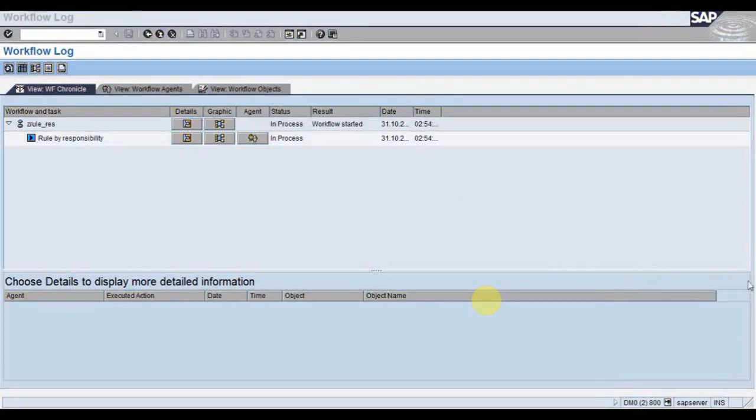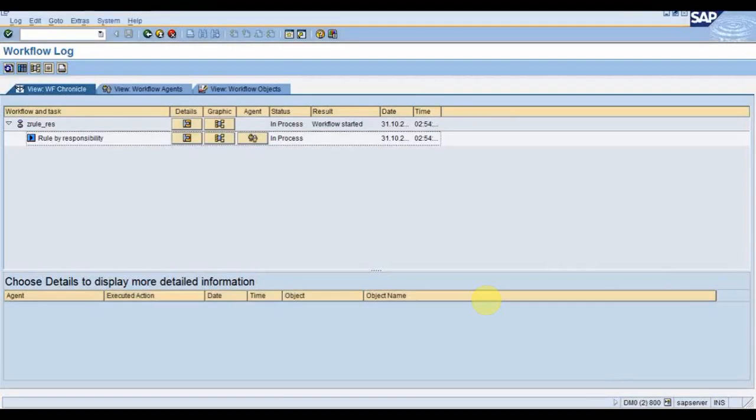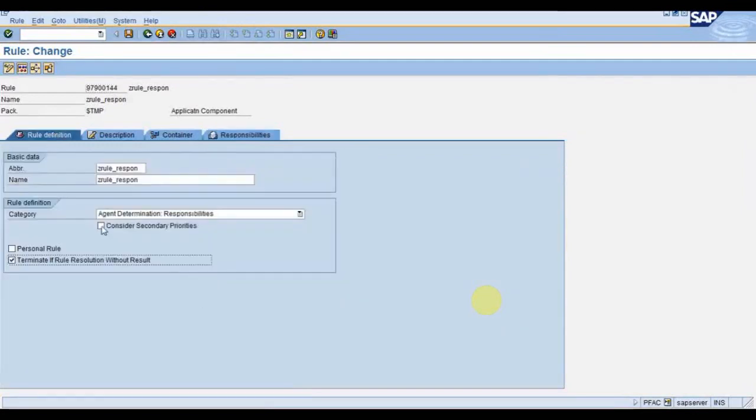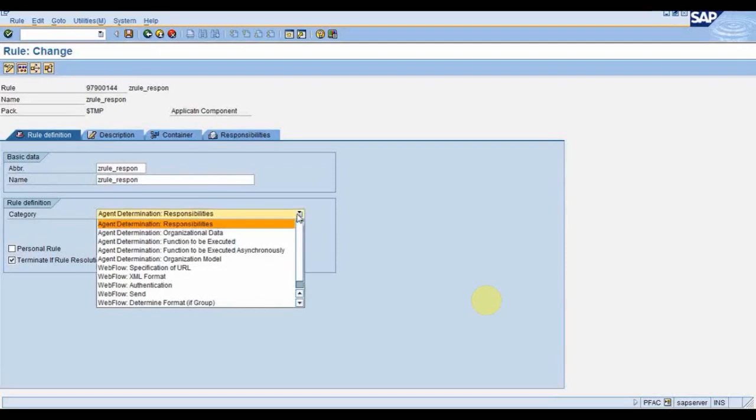Actually, in the rule definition tab, after you give the abbreviation, you selected one of the pop-up list, right? The list of category values. Yeah, the category list. When you expand this list of values, there are a lot of types, but we don't use it. We don't use any of these in this list.